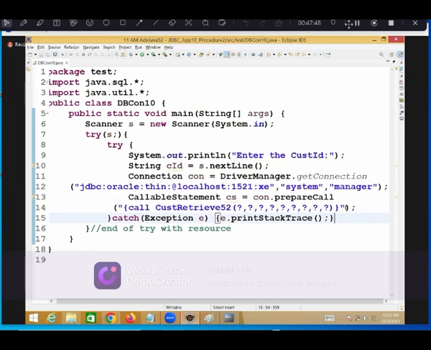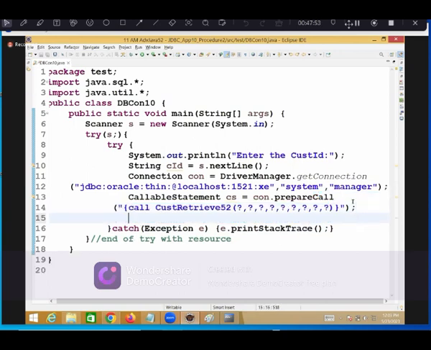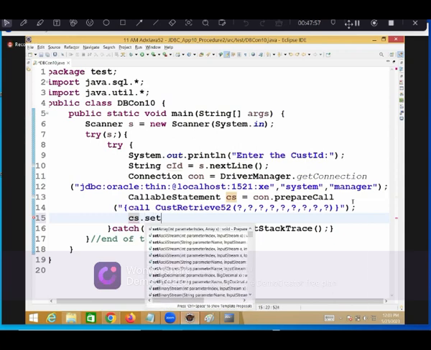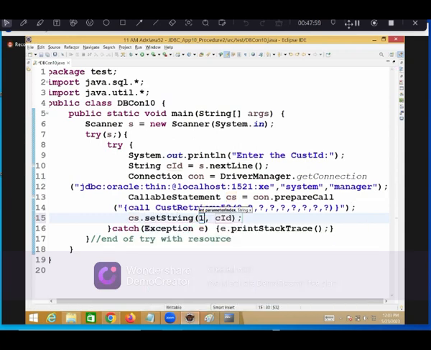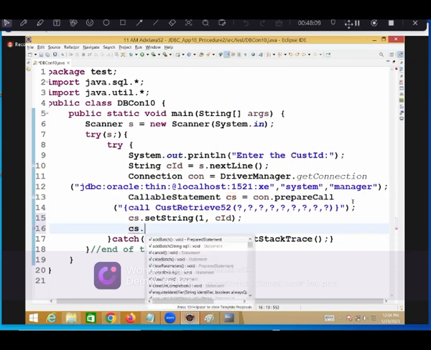Now, once there are 9 here, you have to set the data. I will set it now. CS.setString parameter index 1, CID. Remaining all are output only, not setting. So for that, one new method, CS dot